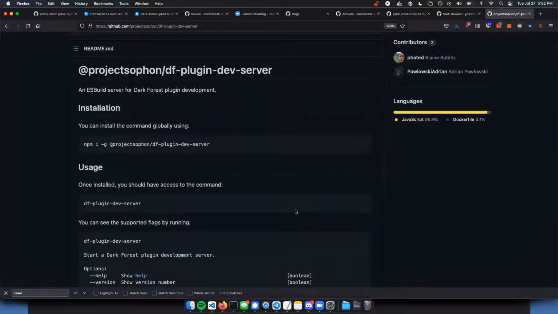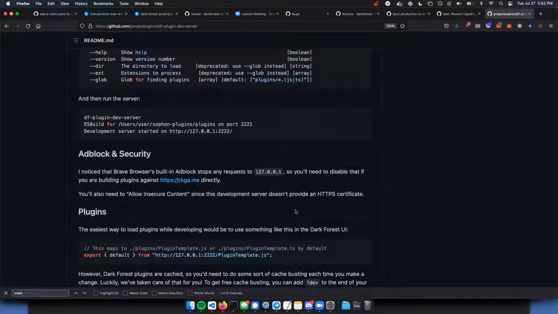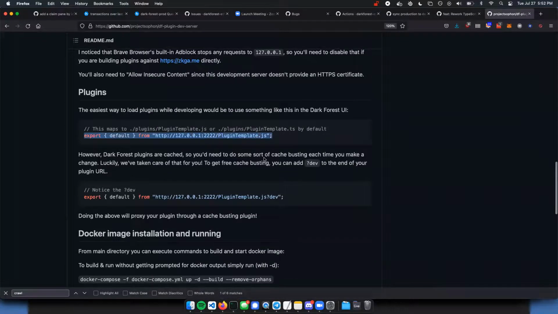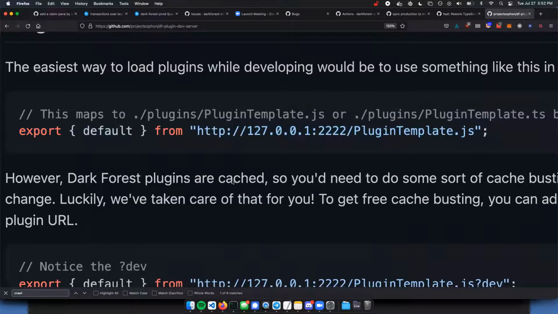What's really cool about plugin dev server, the big problem with Dark Forest plugins is that ES imports, like JavaScript imports, are cached indefinitely, basically. And so if you import anything in a module and it needs to be updated, you have to refresh the game, which late in the game and on big maps takes a really long time to log back in, sometimes 20 minutes. And so what you can do with this plugin dev server is add $dev to the thing